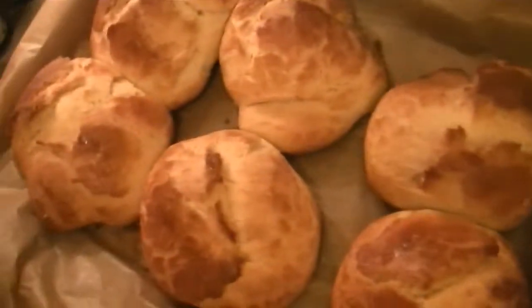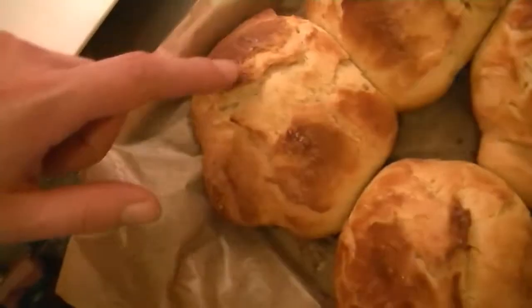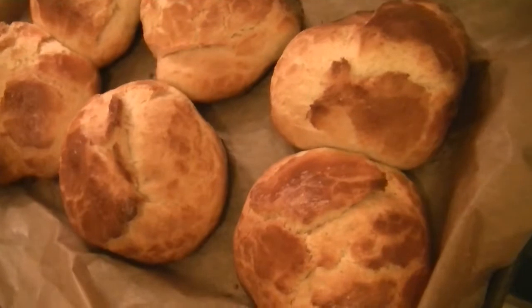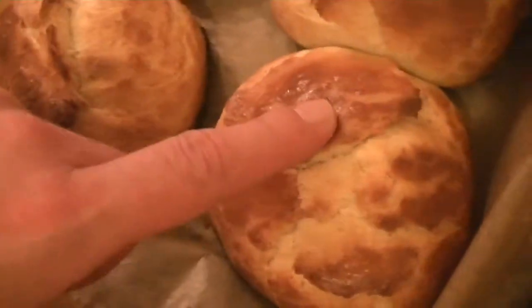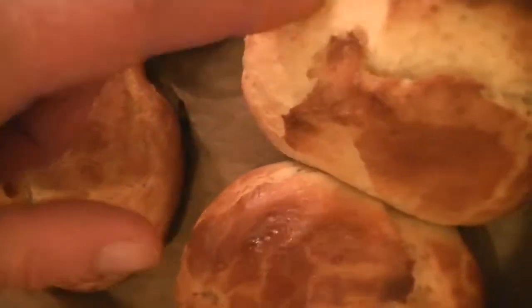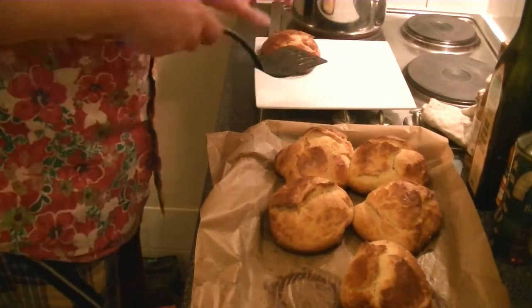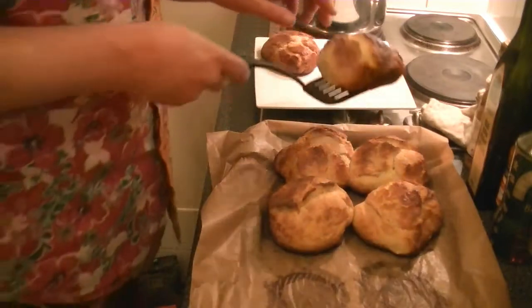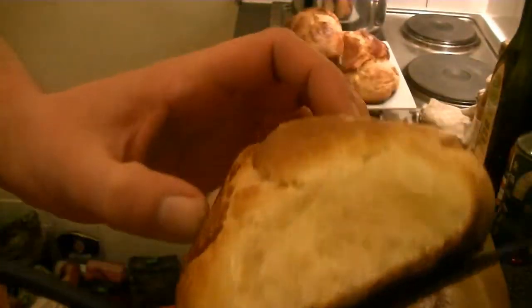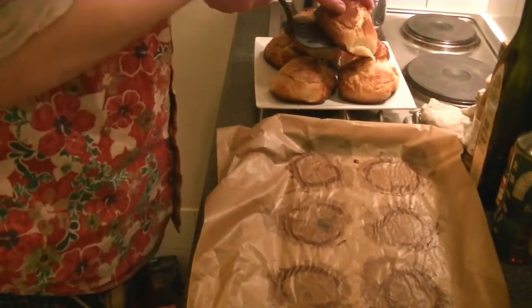As you can see, the buns are not that pretty looking, so it's nothing like your shop bought brioche buns, but they are really soft. So transfer them onto a plate. And as you can see, hopefully, it's nice, fluffy, soft. So get them on your plate,